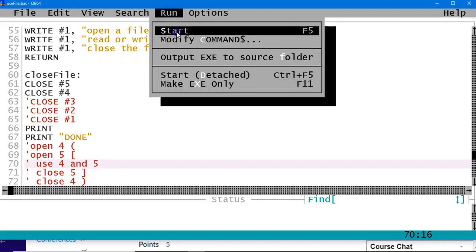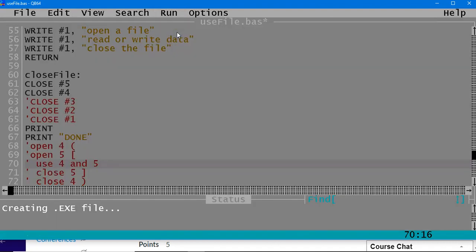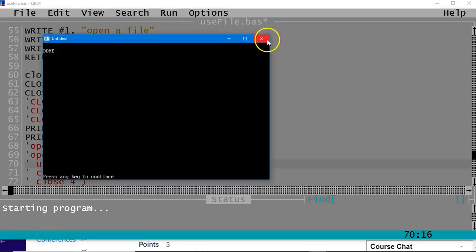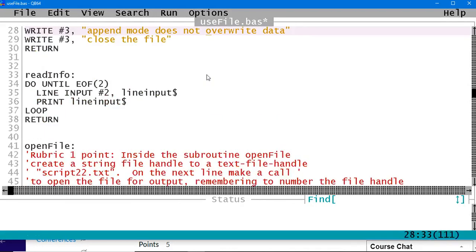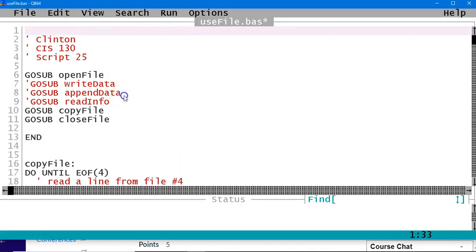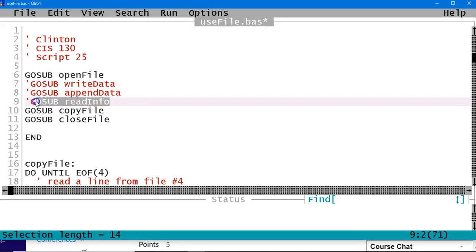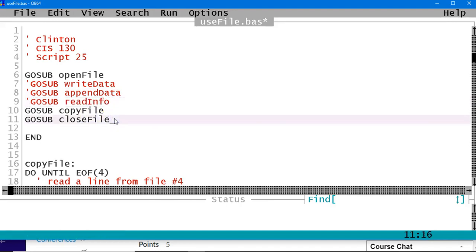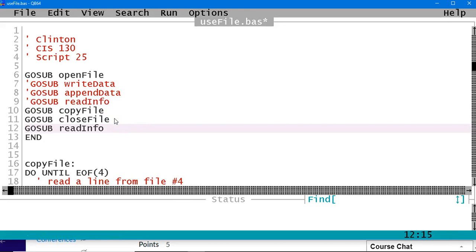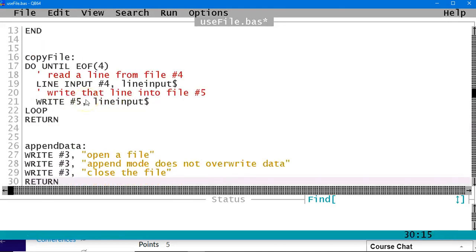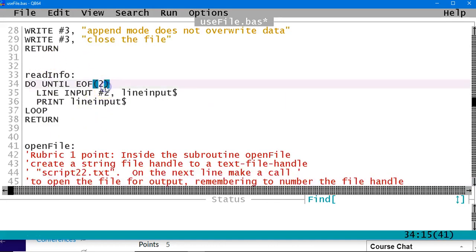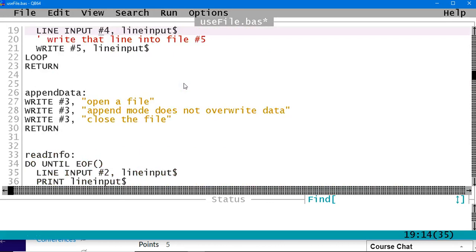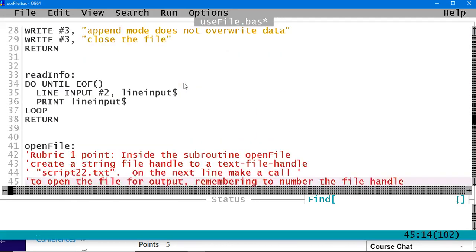We haven't run this file yet. I'll run it. I don't expect anything to be printed out on it because clearly we didn't do any prints on this one. But if we wanted to, since we've been using this file all in the same way, all at the same time, what we can do is we have read in here, right? We've got this read info. So if we want to, we can just go ahead and take this and add it in here at the bottom on here. We're going to say go sub read info, and we can read out that file here. So we've got append data. Here's my read file. And so what I've got is this is going to be, well, I guess we could just do,